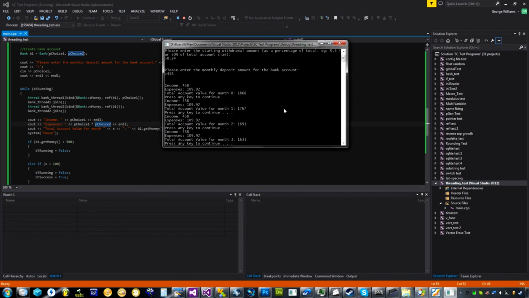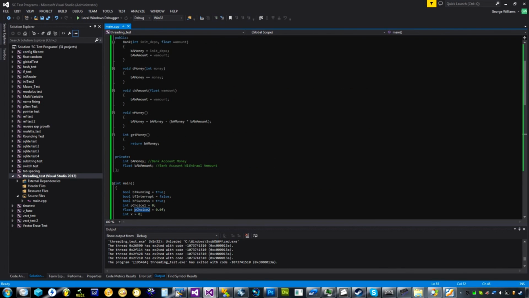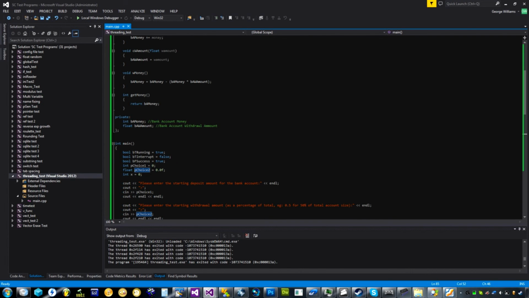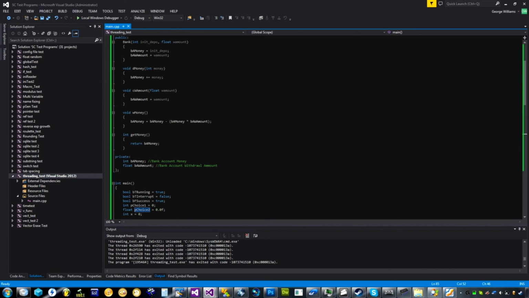Oh, because we're deducting the expense from the account instead of what's been put in. So, like for example,